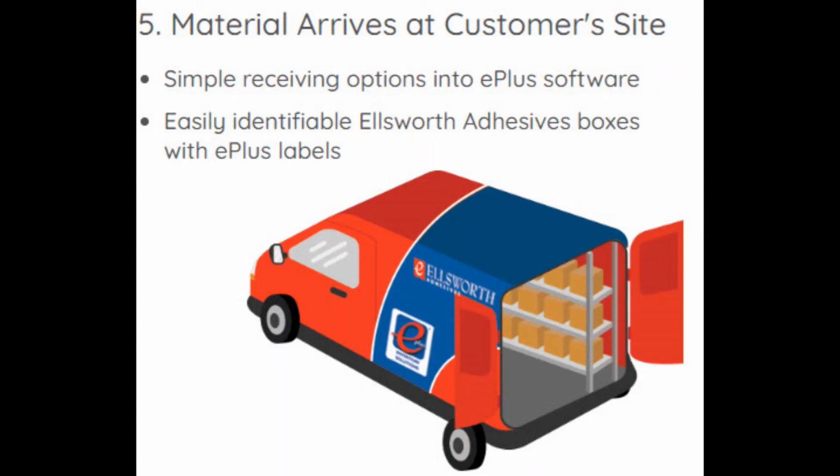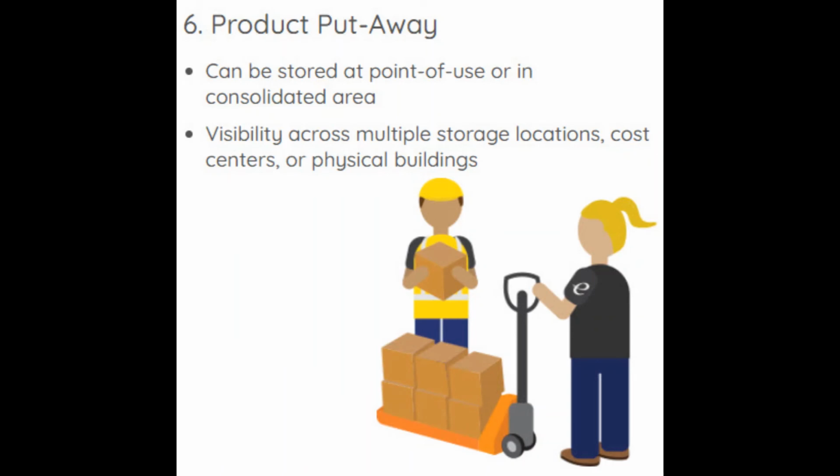It then ultimately arrives on site. The customer sometimes has internal processes that they are doing, but essentially what is happening at that point is being received into our ePlus system. The customer may do that transaction, or we do sometimes have Ellsworth employees that go on site as well and conduct that transaction so we know that it physically arrived. The product is ultimately put away, whether it's in a stock room, refrigerator, one of our Ellsworth owned equipment pieces,